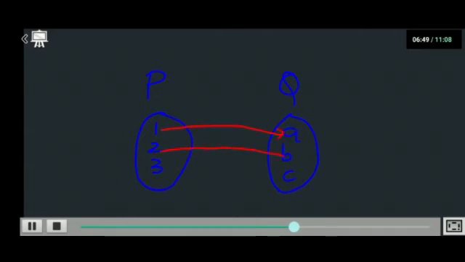It means if I say image of 1 is A, 2 is B and 3 is C, so 1 is having only one image. So if I write the ordered pairs, it would be in this manner, in this manner, and in this manner. So in this set you can see uniqueness of image is followed. So this relation is a function.